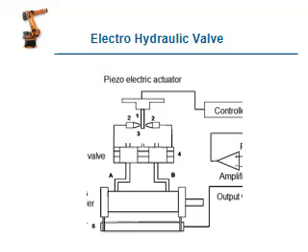Next thing is the electro-hydraulic valve. This is also one type of feedback system. How many centimeters the rod has moved or not is detected by a piezoelectric actuator. Based on that piezoelectric actuator, the controller receives the commands for how many mm it has moved.